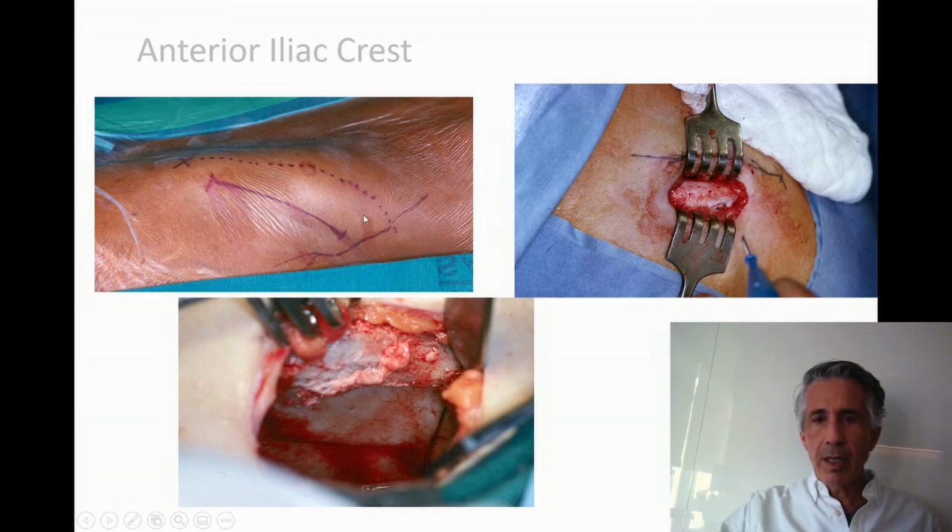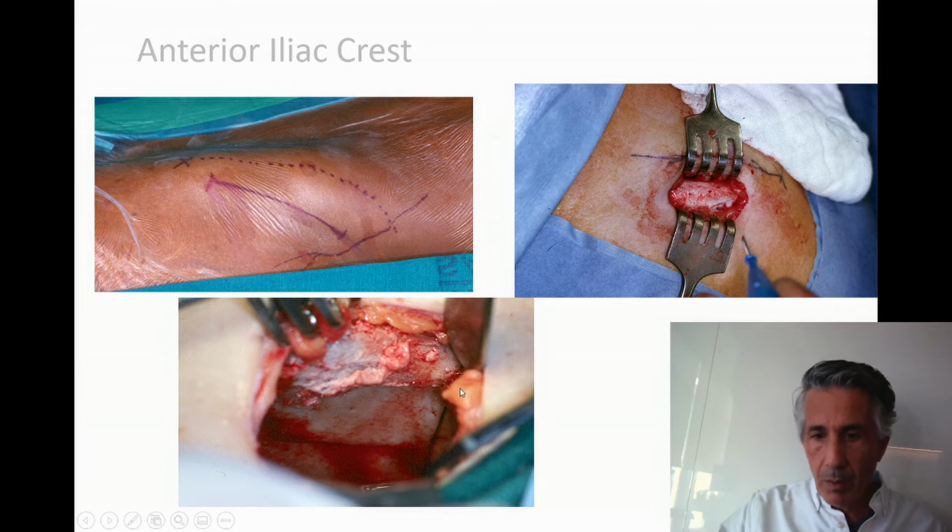So the anterior iliac crest, so this is the patient's feet over here, the head's over here. We make an incision. First we outline, we don't go right on the crest, we just go below it and then pull the skin over top. This way, if they're wearing a belt, it won't get sore. So we open this up, we use cautery with large fork retractors, and here's the crest of bone. This is pretty big, isn't that a good chunk of bone? We go to the medial aspect of the